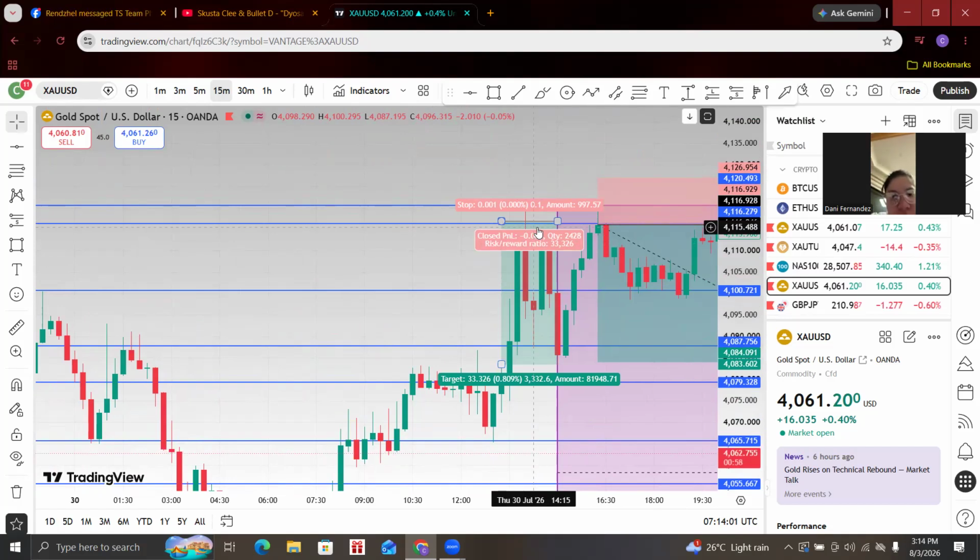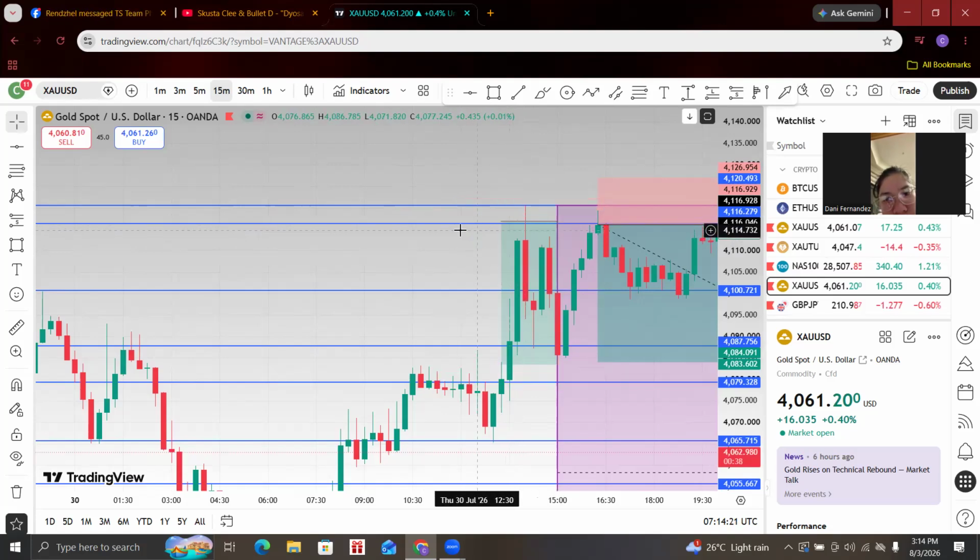So that's how you make it risk-free. Kapag bumaba or tumaas ng 50 pips, mag-break even ka na. Pinapagawa namin to kapag pinag-hold namin yung mga tao, kapag alam namin na it's going to go our way. Nag-enter ka ng 4116, nag-break even ka, nilagay mo yung stop loss mo ng 4115, na-hit ba niya yung 4115?